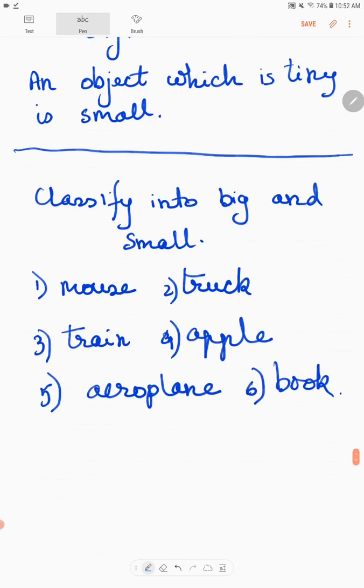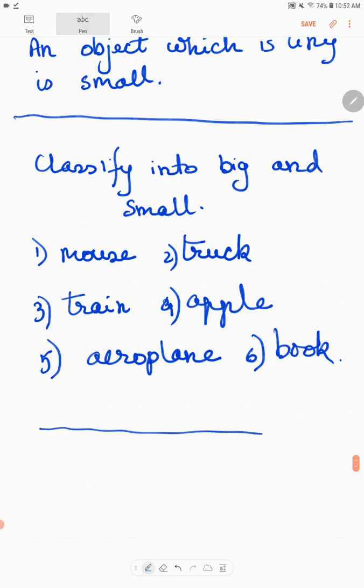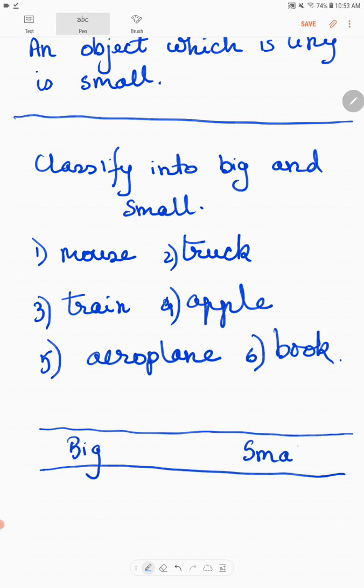So you have to make two columns, big and small. And now you have to write. So tell me, is mouse big or small? It is small. So you have to write mouse here.